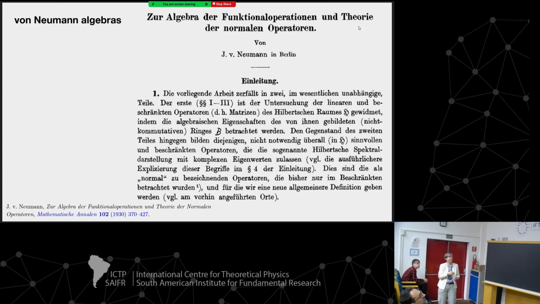Okay, just for some fun, I actually found this original paper of von Neumann, which is from 1930. I think it was written in 1929, but it took a year till it got published. It's actually a Mathematische Annalen paper. I don't have the time to translate it to you now, but if you're interested, just ask me afterwards. And if you look at the Einleitung, this means introduction. The things I explained to you on the previous slide actually already appear in this.